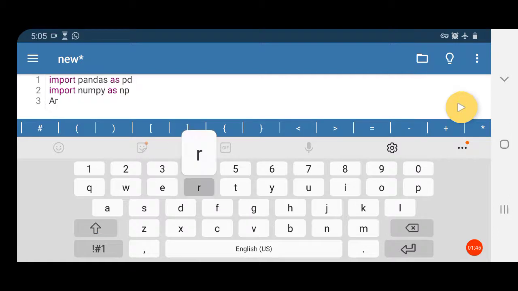Array name is given, ARR1 is equal to... it is given in the question to create a series from an array containing even numbers which are less than or equal to 25. So a range is given, that is, it should be an even number and less than 25.